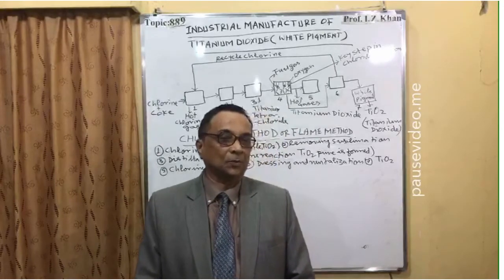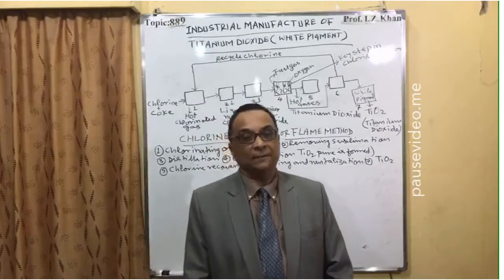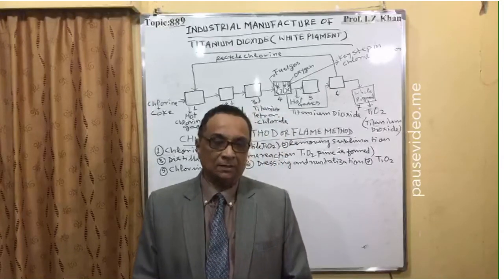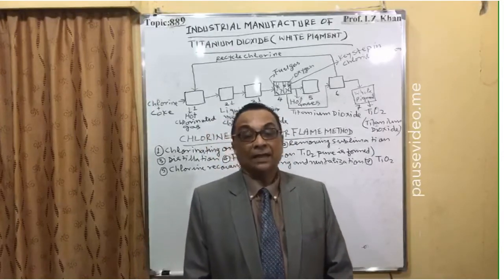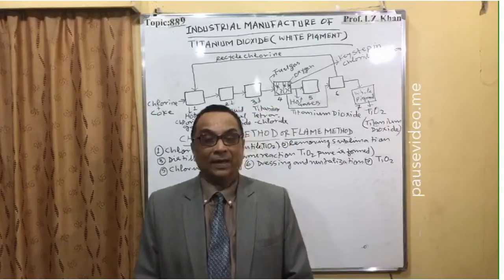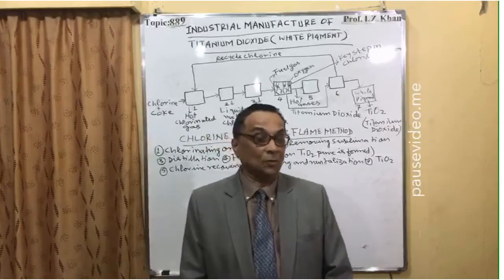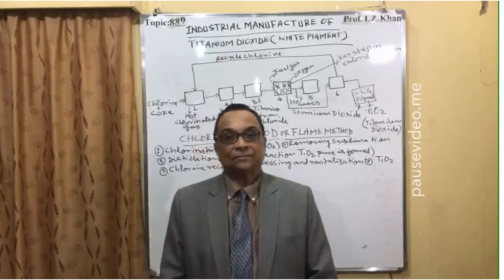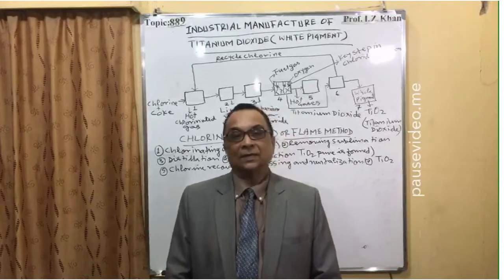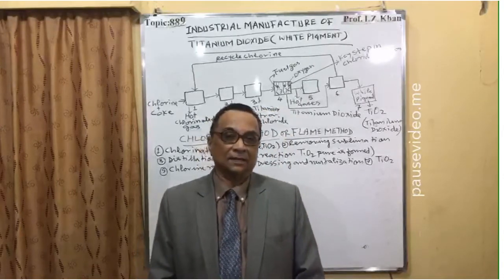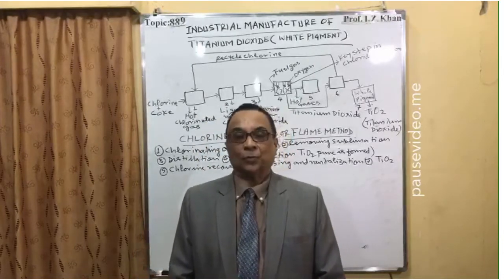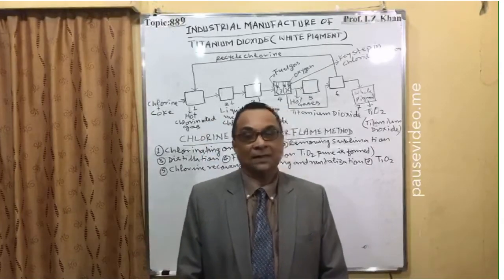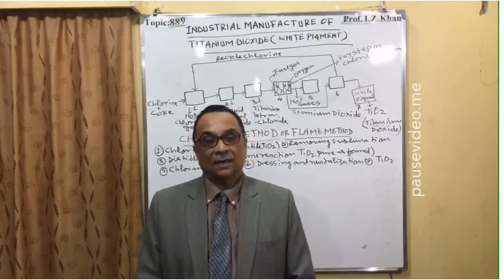And in India, ilmenite is produced up to 160,000 tons per year, and rutile is produced up to 10,000 tons per year. And India's per annum consumption is almost 700,000 tons of this titanium oxide. So some of the concentrates Indians are importing to produce, because this is a very super class white pigment and there is high demand in the world.